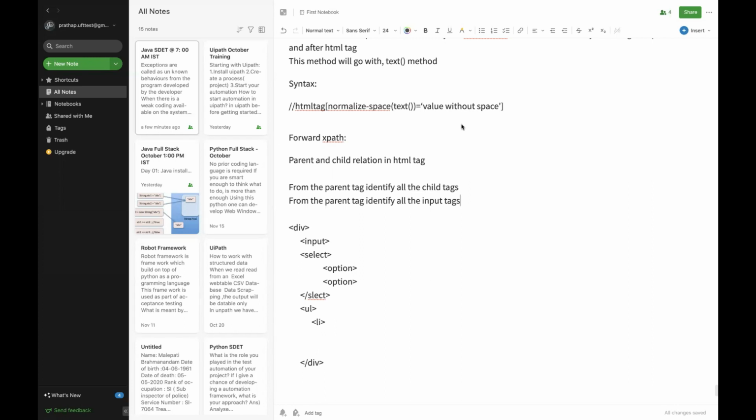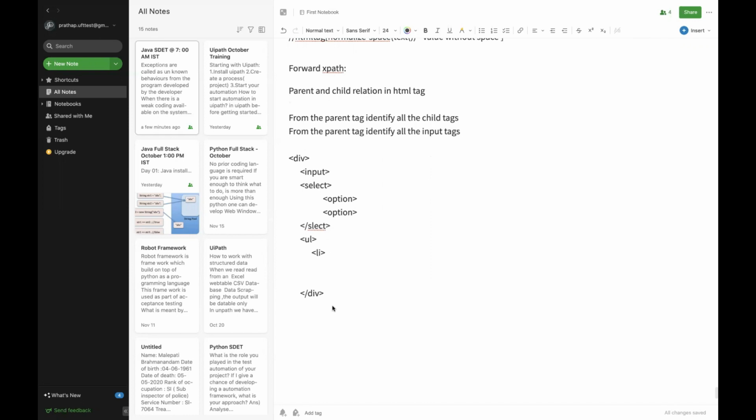Now let us see how to get the children from the parent. For that, there is a syntax available, guys. The syntax is, you have to write // your HTML tag, at the rate of ID or at the rate of attribute, is equal to some value.